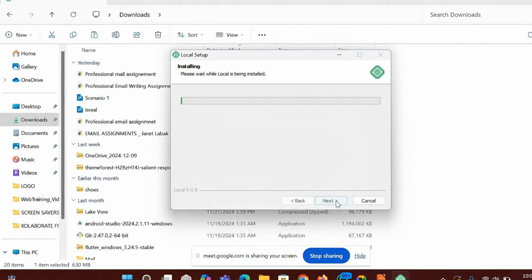So I click install and it will start installing. There we go. Please bear in mind that I already have this installed on my computer. I'm just going through it to show you the installation process for Local. Even if you have it installed, you can reinstall it. So it's running. It depends on how fast your computer is, but installation shouldn't take so long. It's just a couple of minutes, very few minutes.